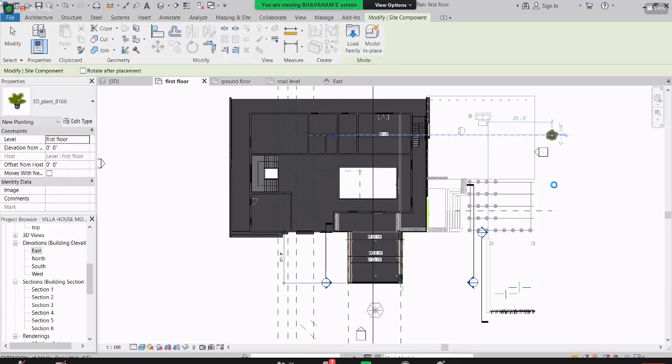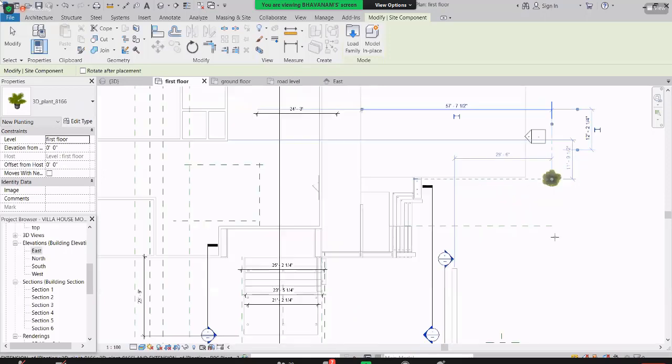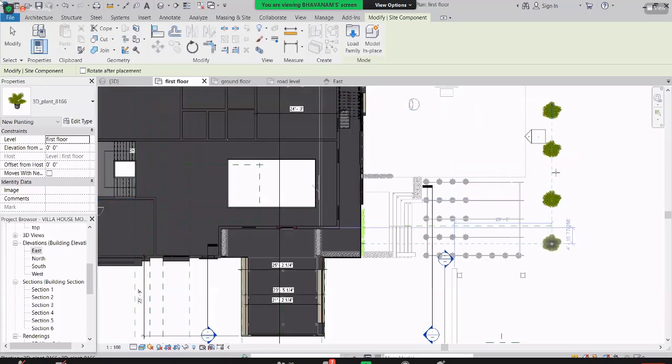So just give me a minute. And once I click on there, you can draw accurately. See this, 29 feet 6 inches from here. If you want to draw accurately, just zoom in and you can place it exactly, and you can give the dimensions of that distance also. So yeah, I just place these trees.